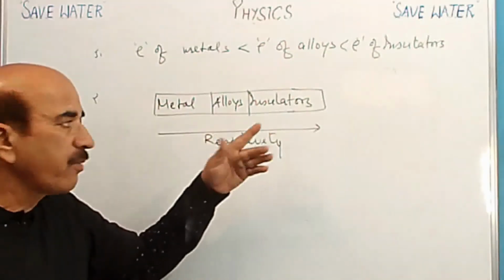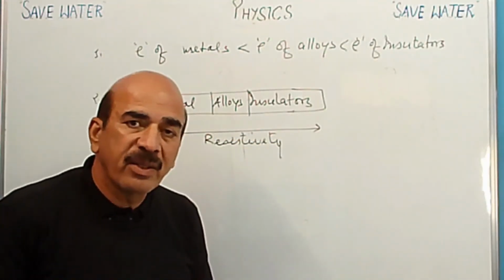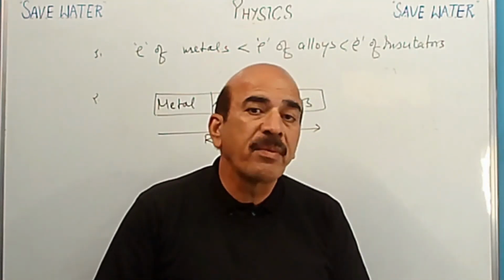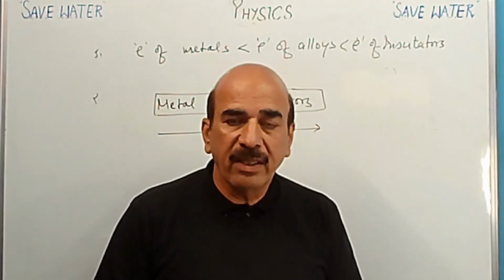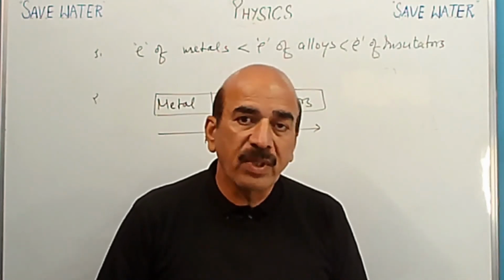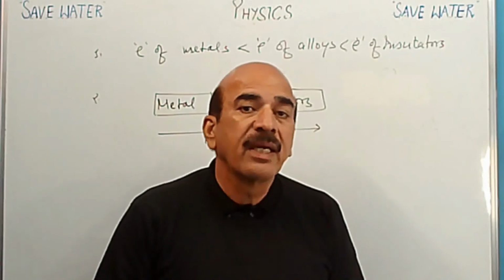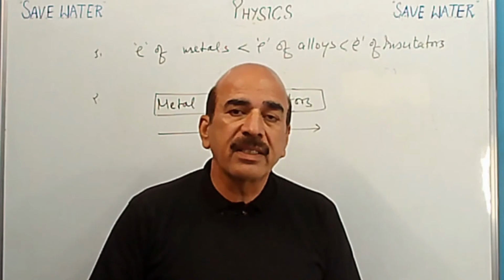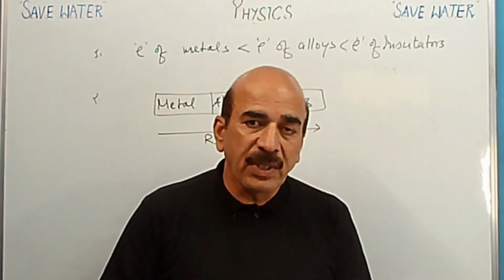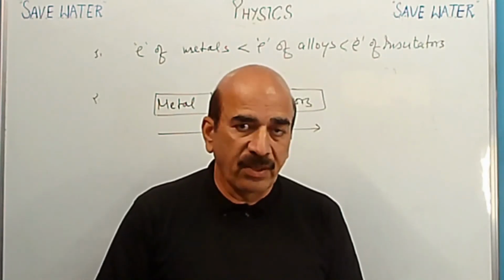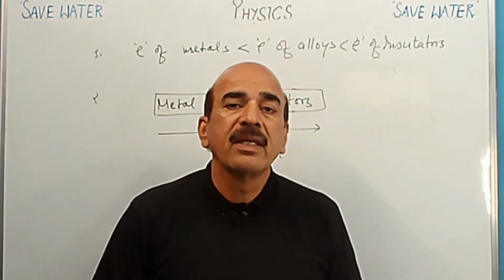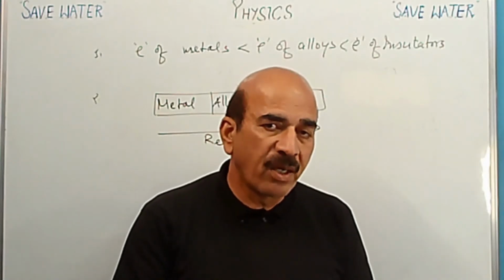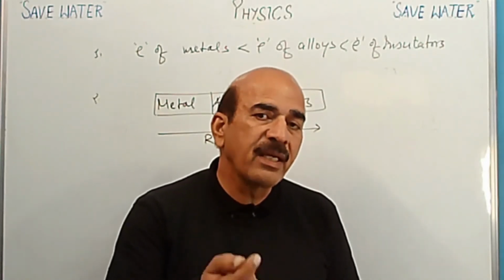Therefore insulators are used to make handles or switches, where conduction of electricity is not required. There we use insulators. Insulators are also used to protect us from electric shocks. So in the next session we shall be discussing resistivity again in detail, and the uses of some substances or conductors to make various devices. Now one important formula, and then a numerical.